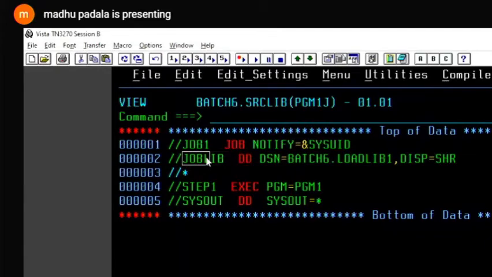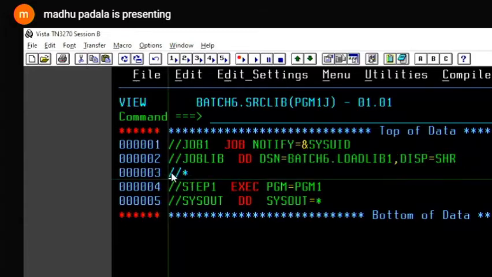Job lib, DD. In the job name, you can give any name, but job lib should be given as job lib only. You cannot give a different name here. DD, DSN, dataset name equal to the load library, comma, disp equal to shr. That we see later. It's too early.